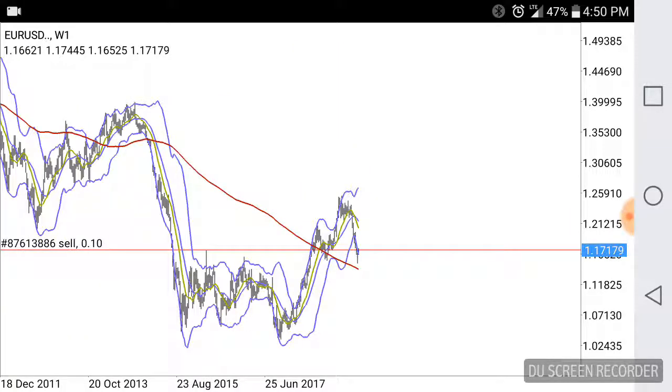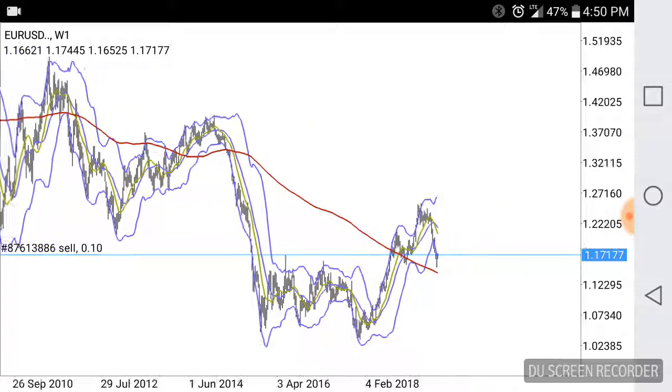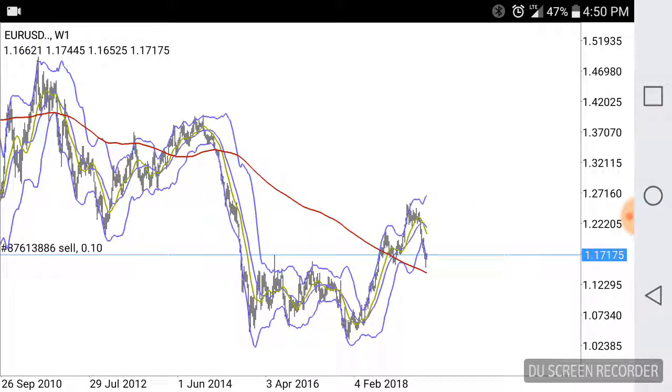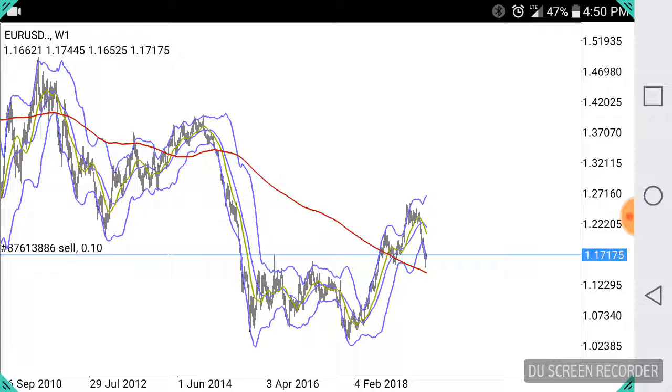Let's go to the weekly. Right now we're just trying to get an idea of what's going on. Okay, on the weekly, let me go ahead and draw here so I can actually show you guys what I'm thinking while I'm watching this. I see that we had a big bearish drop right here. That lets me know that the bears were in control of this market during this particular time. Looks like it started in 2014. From the beginning of 2016 all the way through 2017, it was a complete